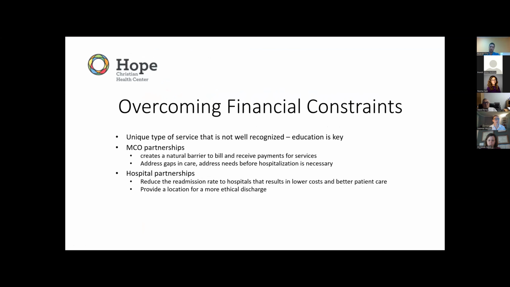As I mentioned before, we only bill for primary care services, because that is the only type of care that we're currently able to bill. The reason is recuperative care services are unique, and it's not well recognized within the nation, and certainly not within the state of Nevada. We are the first recuperative care center in Nevada, which means our MCOs don't have a billable service for this type of visit. And there's really only a handful in the nation that recognize this service, and organizations can bill for it.